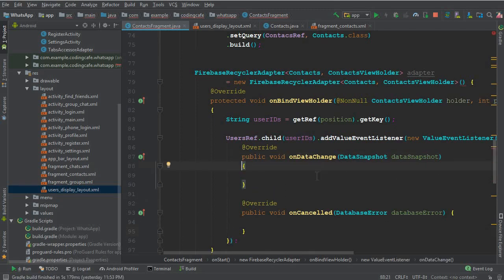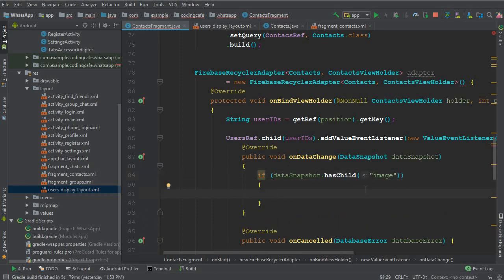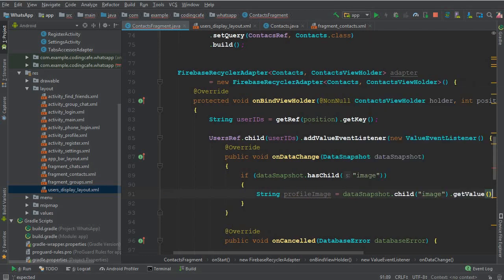And now inside this, first of all we have to check if data snapshot dot has child image. As you know that the image is optional, just like in WhatsApp. So first we have to add the validation for the image, either the user has set the image or not. So if the user has set the image, then we will retrieve all the 3 things, which are the first one is the image, which is the profile image equal data snapshot dot child image dot get value,